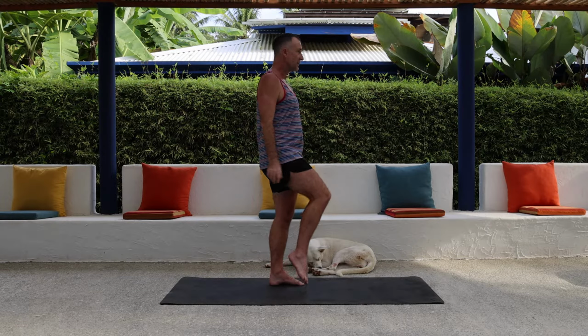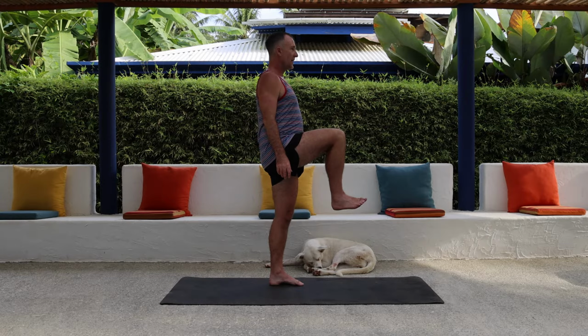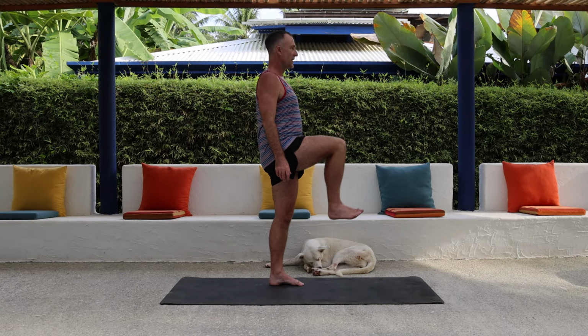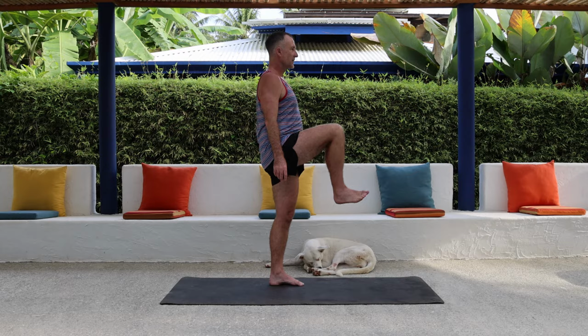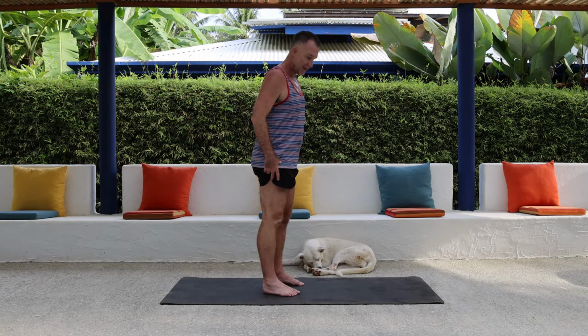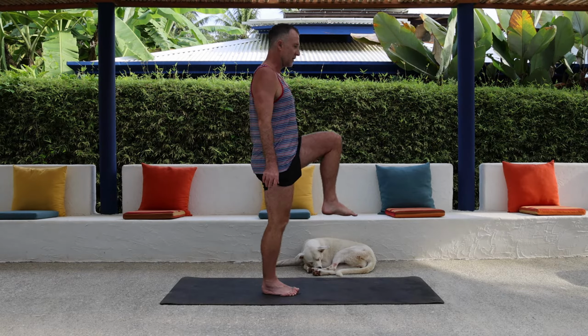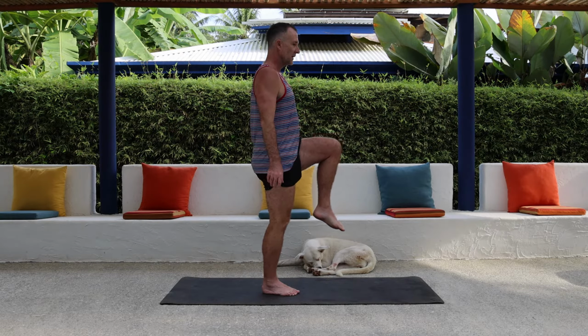So let's do it again. Lift the leg up and just hold it there for a moment, and then slowly lower down. And do it again. So we'll just do it 3 times on each side, just to start to get that psoas working properly, okay? And these are ways that you can start to fix a tight psoas permanently, just by starting to